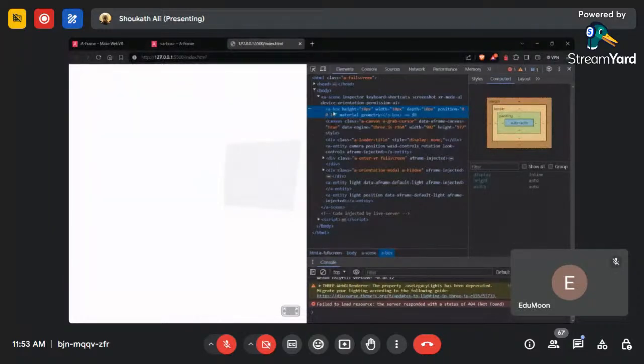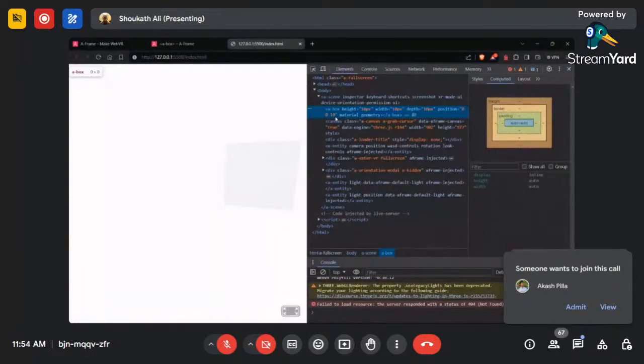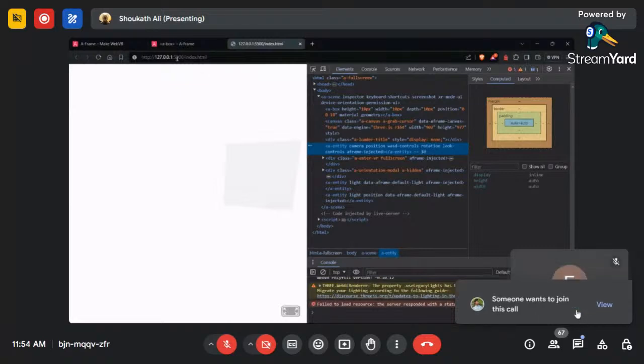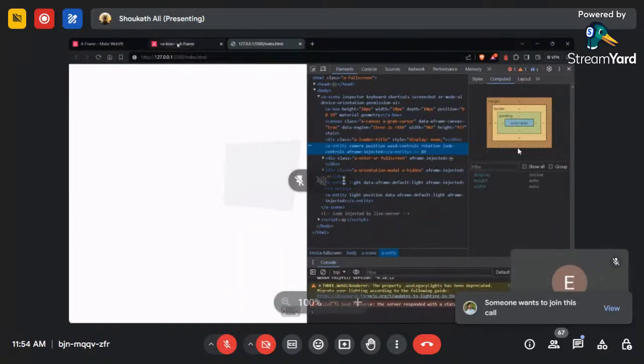See, even if I click on A box, it is showing that A box is somewhere at 0, 0. If you see on the top left, I'm not sure if you can see, but A box is 0x0. The position of A box is 0x0. So that is one problem that comes. And A-Frame automatically adds a camera. This A entity camera position, WASD controls, rotation, look controls, A-Frame injected all of these. You don't really have to go that deep unless you're going to build